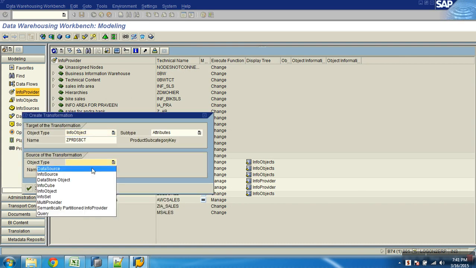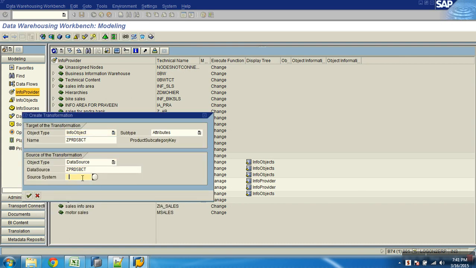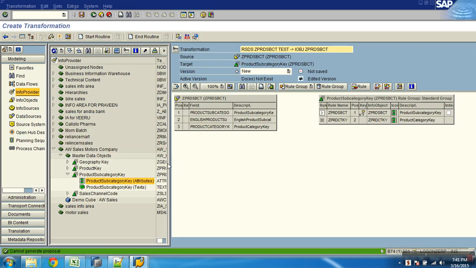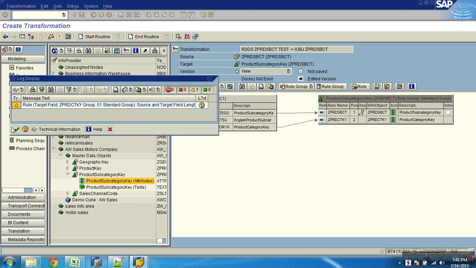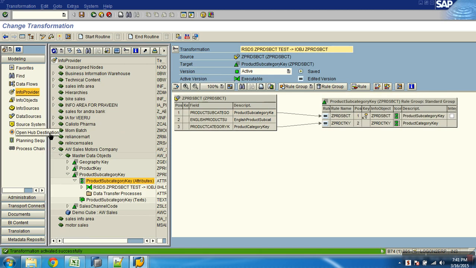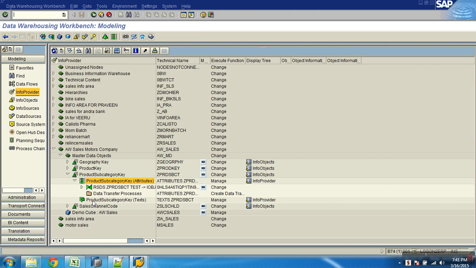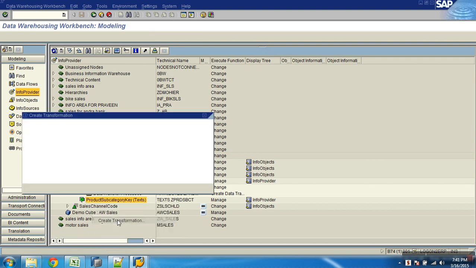Attribute, create transformations, data source. And the description is not mapped here. Yeah? Text again.